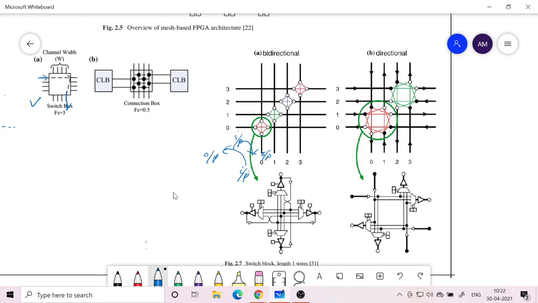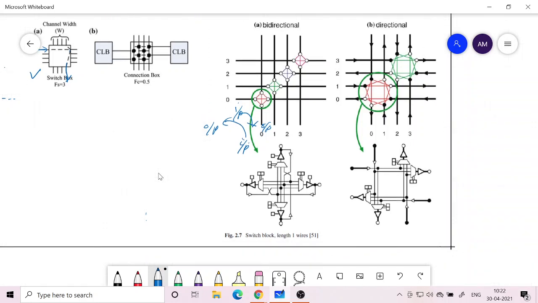So if you look into this, this is basically a switch box which is establishing connection between horizontal and vertical lines as shown here. You can see that there is a multiplexer. Say there are 4 vertical lines and 4 horizontal lines, and there is a point at which one vertical line crosses another horizontal one. If you take this as the reference line, either an input or output, and take it as an input, this input could go this way, straight this way, or this way. There are 3 different ways it can go.